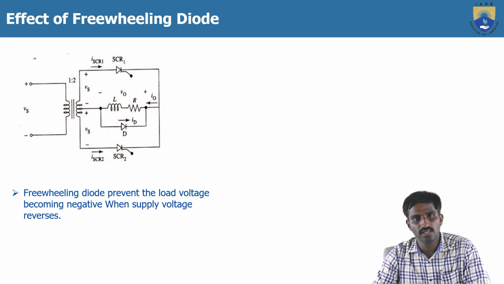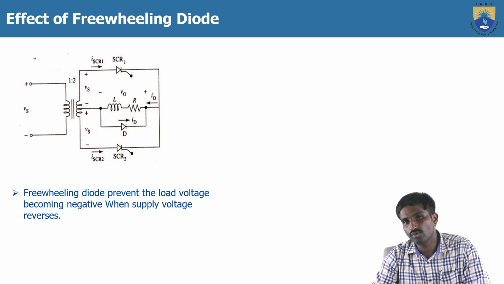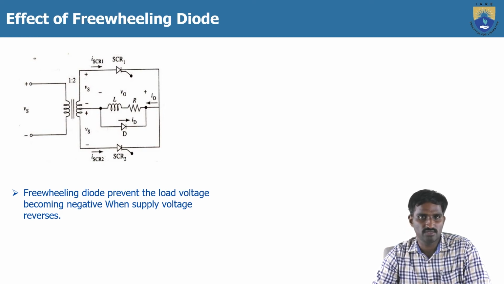in the RL load, because of the inductor value, here the load voltage goes negative during 0 to alpha, as well as during 0 to pi, and in between pi and pi plus alpha. To prevent that, here we are using